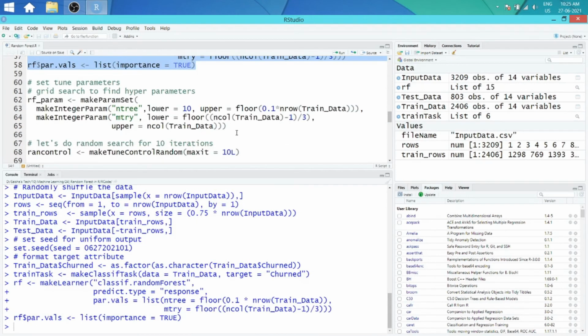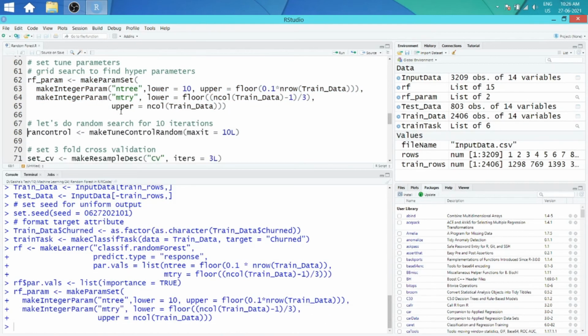Now let me create a grid. Now grid is the number of hyperparameters which we want to utilize. Here for ntree, the lower threshold and the upper threshold are from 10 to 10% of the observations, and for mtry it is 1/3 of the attributes of the data to all the attributes of the data.